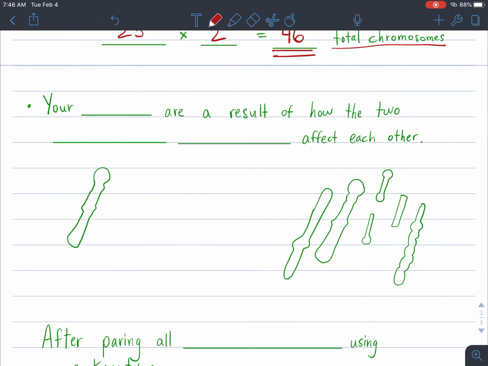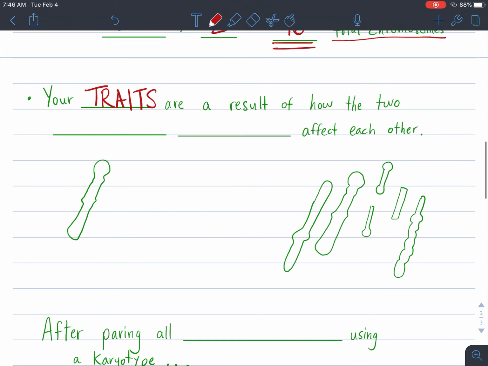All right. As I said earlier, your traits, these are things like if your earlobe is attached, or the shape of your eyelid, or the shape of your nose, the color of your eyes, the texture of your hair. These are all examples of traits. And your traits are a result of how the two homologous chromosomes